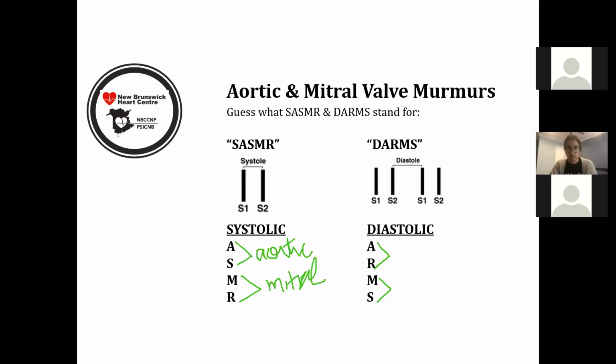Yay! So in our text box, we have pulmonic stenosis and tricuspid regurg for our systolic. So when you think of what valves function together, your aortic and your pulmonic open and close together. When you think of your mitral, you should think of your mitral and tricuspid opening and closing together. Awesome, well done. So when you think about the diastolic murmurs, what would be, oh, sorry, I think I heard